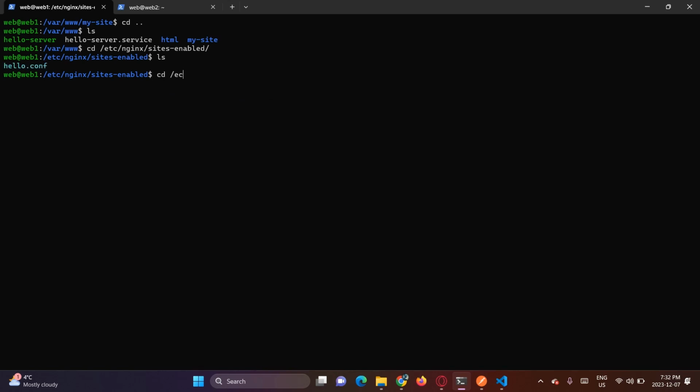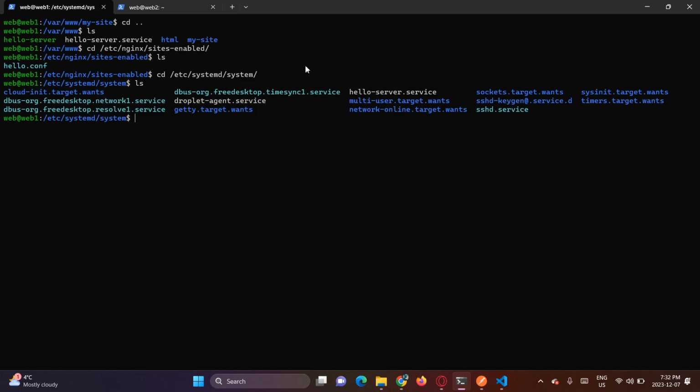If I go to etc systemd system, I can see my hello server.service file here. So all the components are working fine. The same is the case with the web 2 here. If I go and check on this one too,